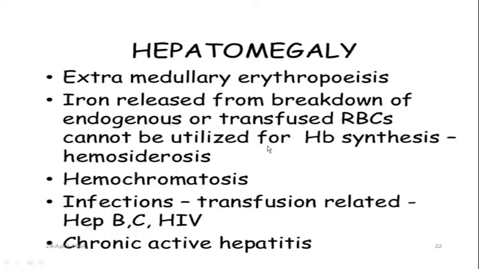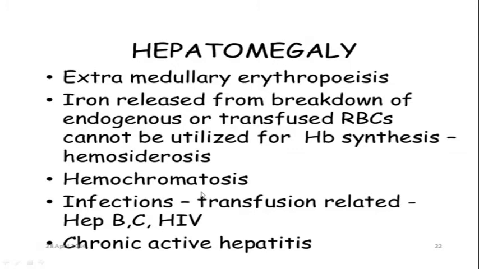endogenous RBCs, which won't be reabsorbed from the proximal tubules in the kidney, and it will be assimilated in the proximal tubule and will be sloughed off subsequently, and this is basically called hemosiderosis, which is iron containing tubular epithelium. And then you will have hemochromatosis because of the excess iron deposition in the various organs and tissues,